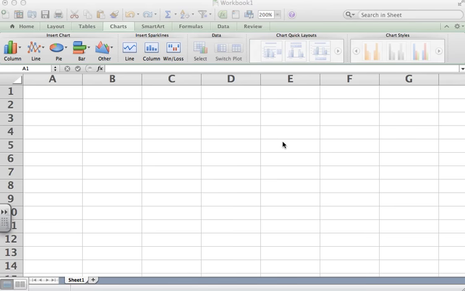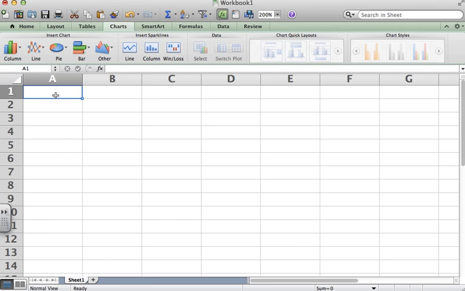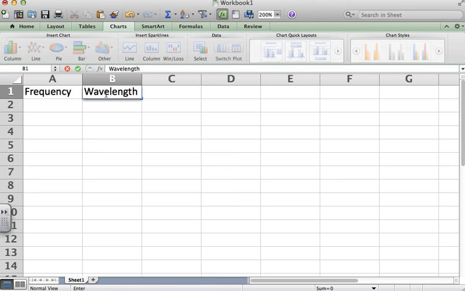In order to plot some data and analyze it in Excel, I just want to quickly review what we have to do in order to do that. You should hopefully remember that these are cells and you can essentially put whatever information you would like in. So if I want to take a look at the effect of frequency and wavelength, I'm just very simply going